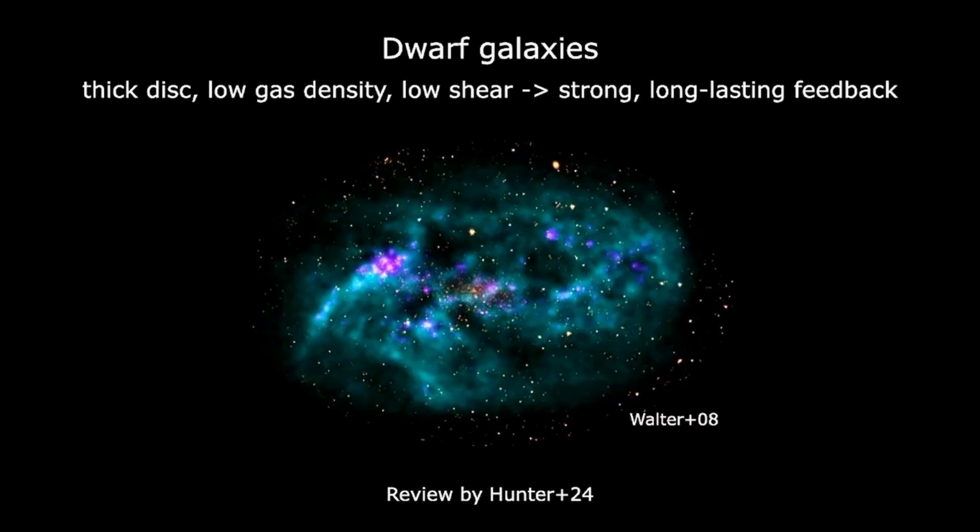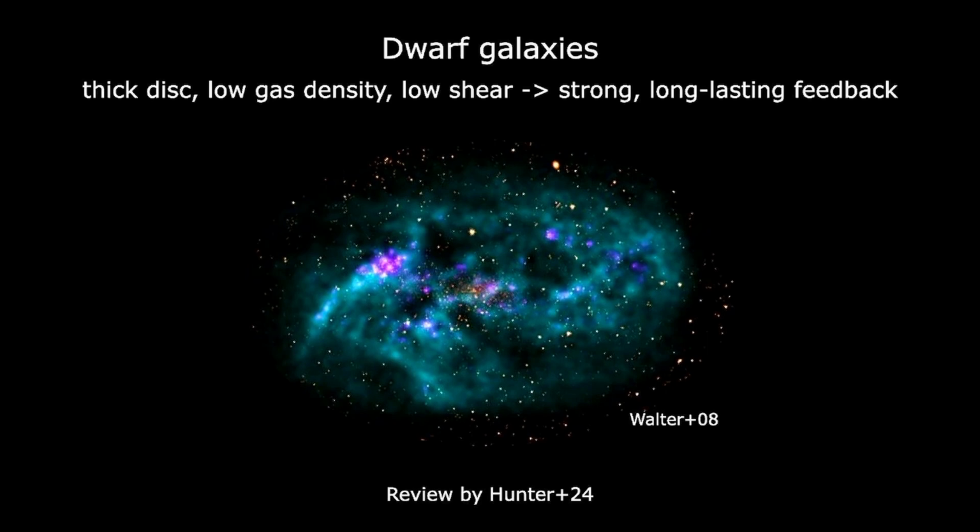Now, most of what I said so far is about relatively large galaxies, but H1 has been very important also to study dwarf galaxies. Through H1 observations, we've seen that dwarfs have very thick disks compared to their diameter, disks where the gas density is very low, and where the gas is rotating following a solid body or near solid body rotation curve, which implies very low shear. And all of these properties together mean that the effect of feedback from star formation is very strong on dwarfs and extremely long-lasting because of the low shear, and, for example, can explain the presence of these giant H1 holes